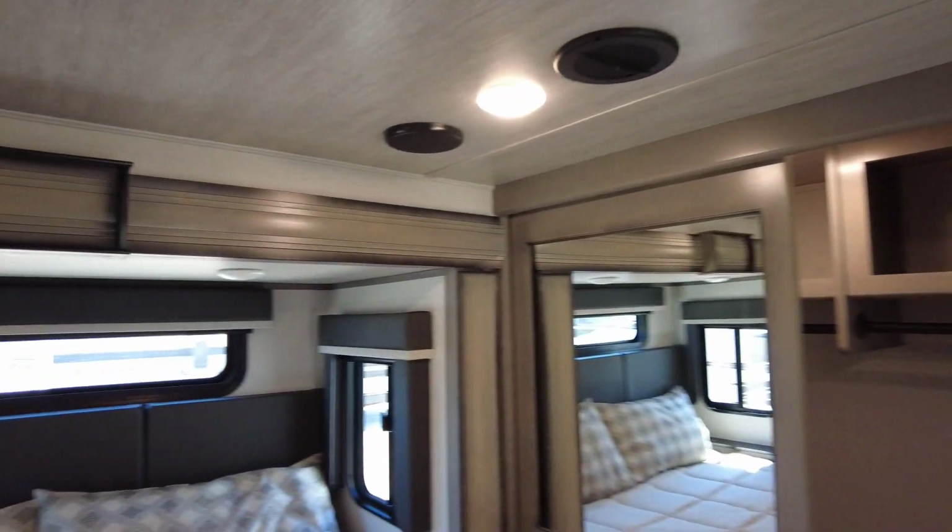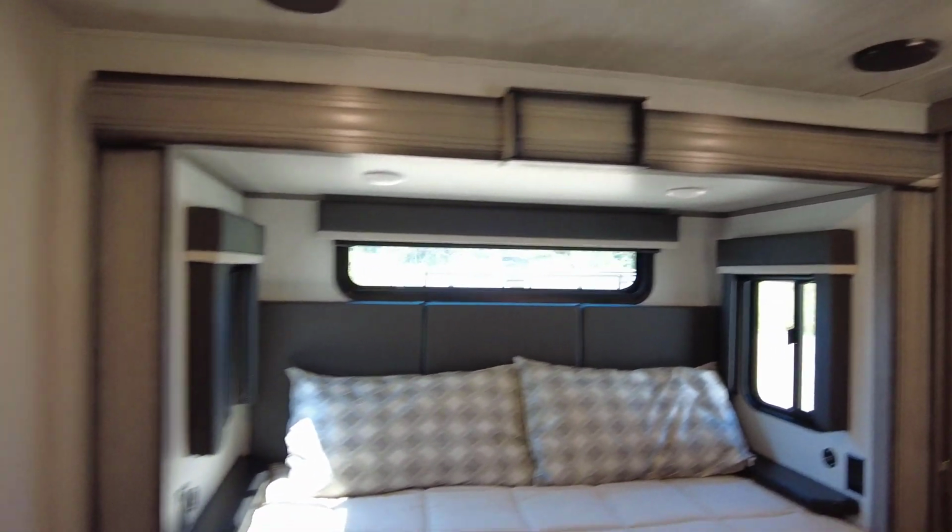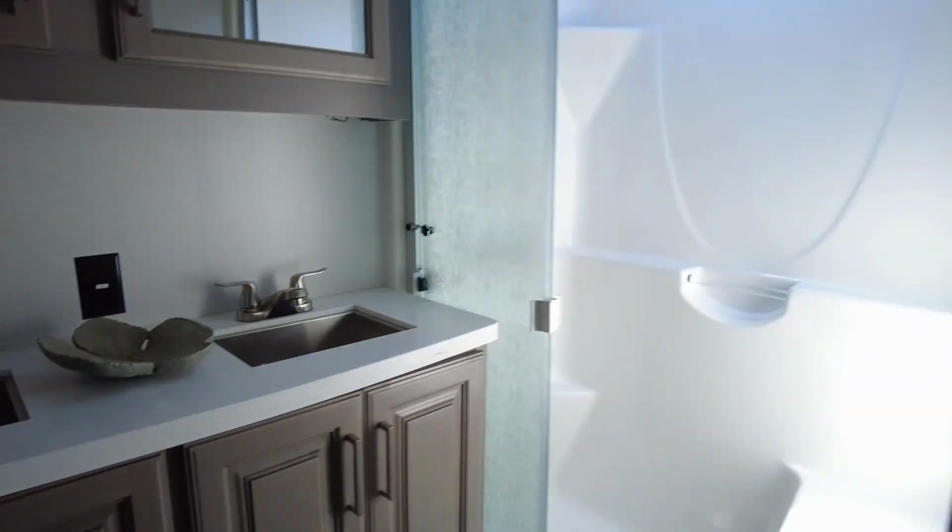I love it. And I love the magnetic catch, guys. I mean, it's got a good catch on it. That's not going to fly open and your goods aren't going to fall out. Jensen flat screen TV. You do have a Whisper Quiet AC back here as well. I like that a lot. And then come back to the nice